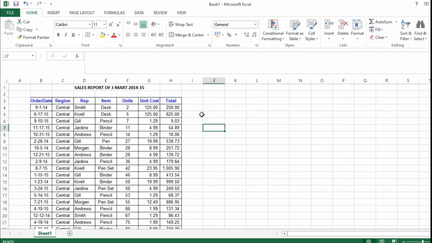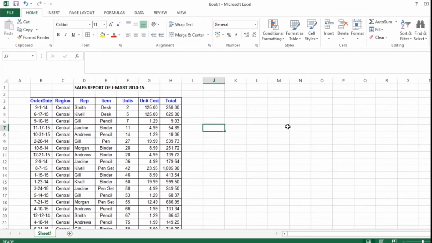Hello friends, today we are going to deal with pivot table in Excel. As you have already learned about pivot table, the ideology and its advantages or benefits. Now here I am just going to show a demo of how to work with pivot table.